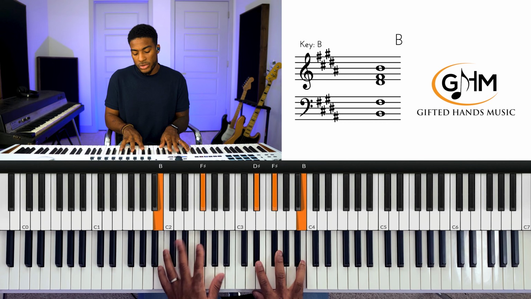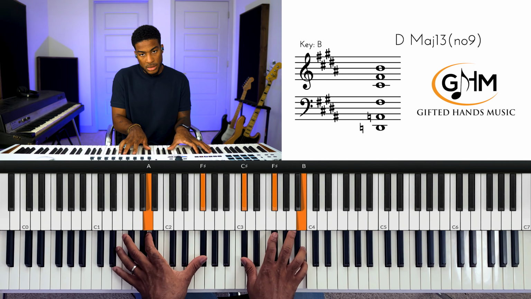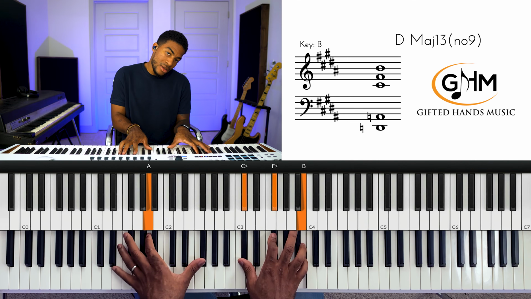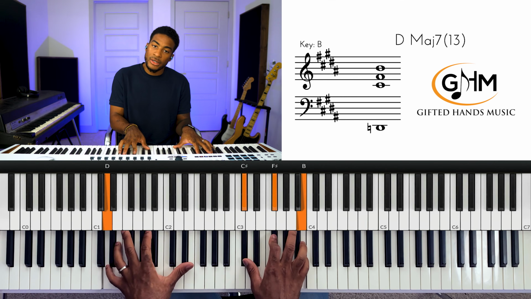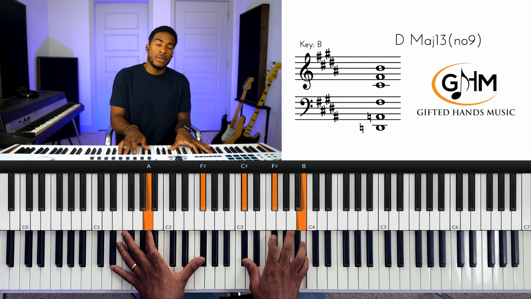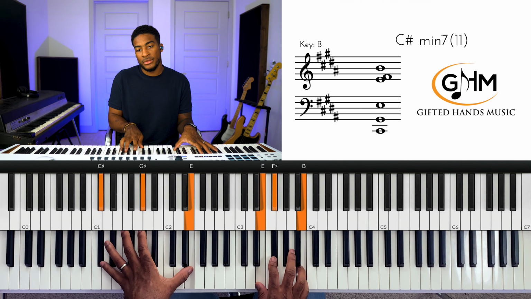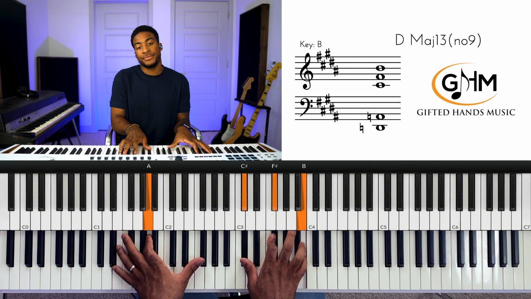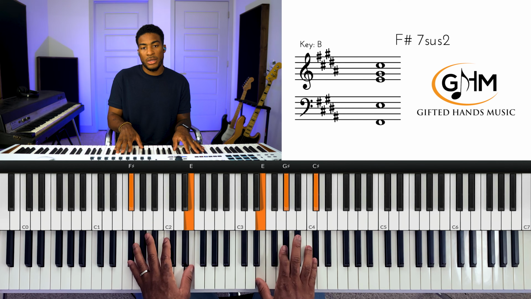Something like that, which would be G major, which is like the sharp 5. So sharp 5, and we'll go slide the minor 3rd to D major. So G major to D major to the 2. So we leave the key, go back into the key of B major. So 2, 5,